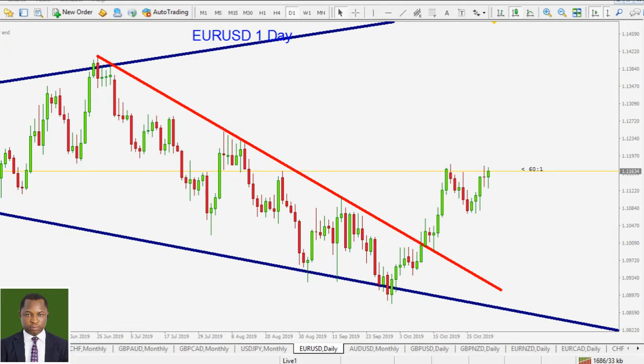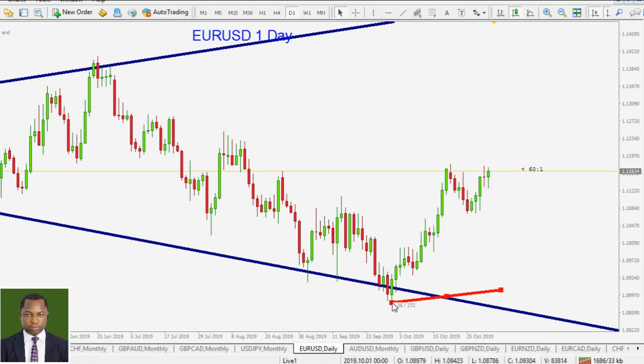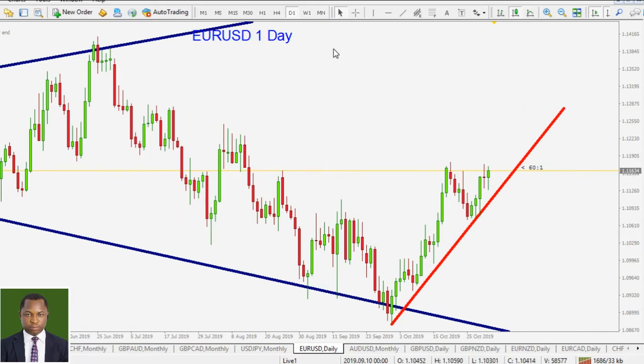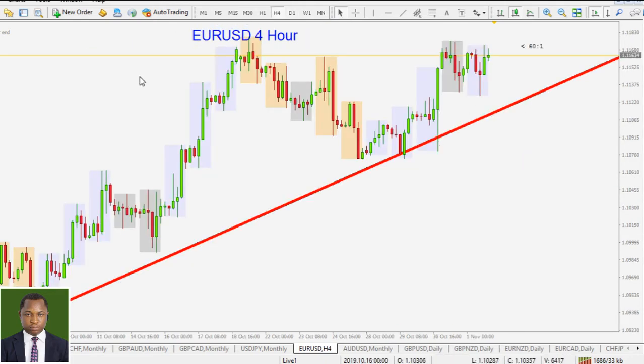Now we have a new trend line, this one here. So we are going to draw that one, take out this one. Okay, so that's the new trend line. Price has made some level of resistance there. That's the previous swing high. So all we need to do is wait for that level to be taken out, then we keep searching for our buy entries. For now, it is trading around resistance, but still looking bullish.